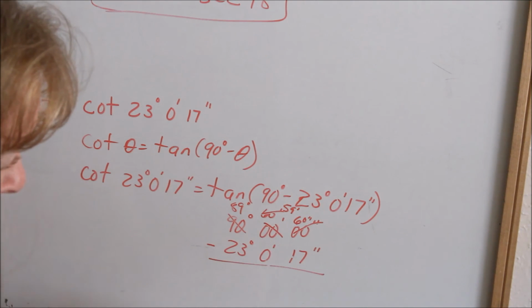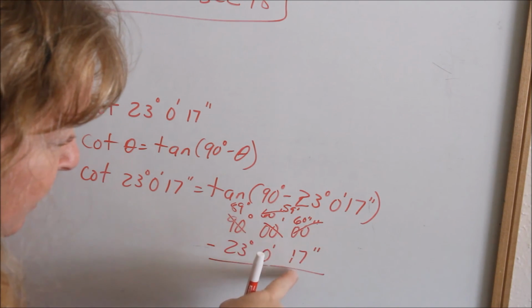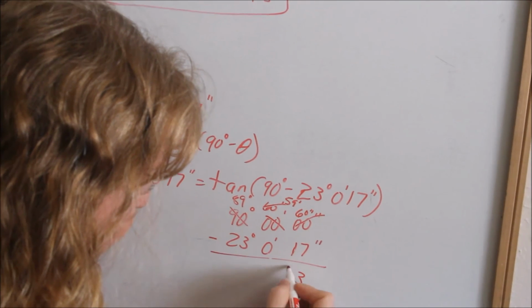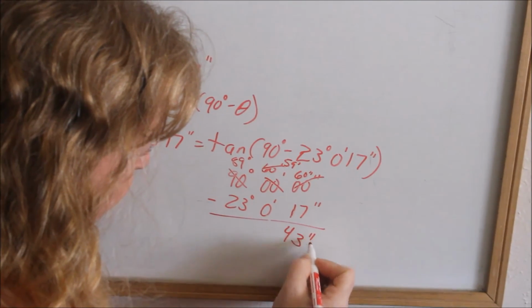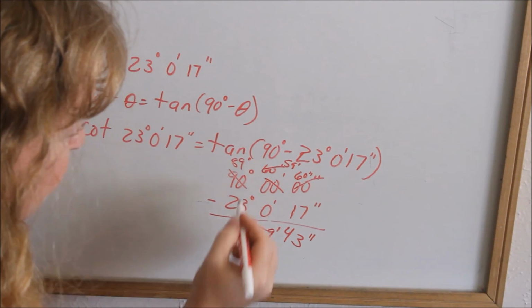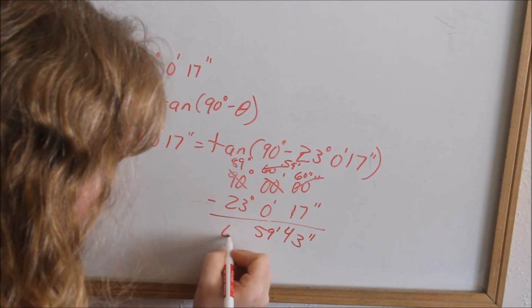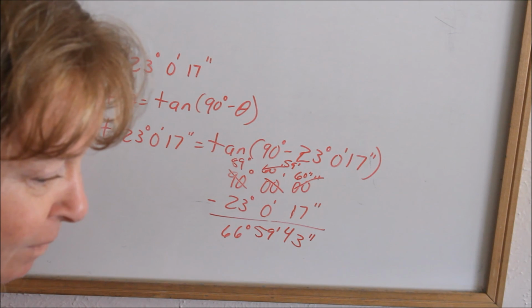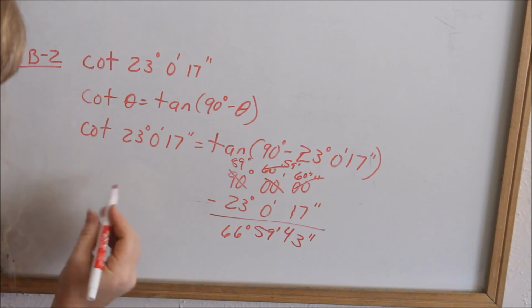I know this is all teeny tiny. So 60 minus 17, that would be 43 seconds. 59 minus 0, 59 minutes. Then that would be 66 degrees. So then my answer would be